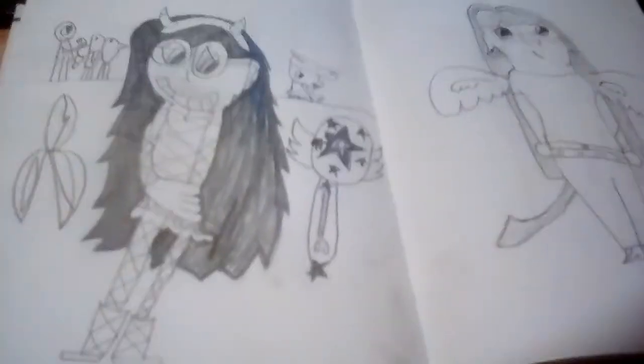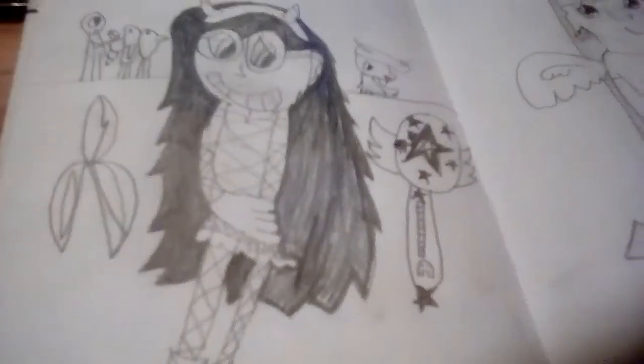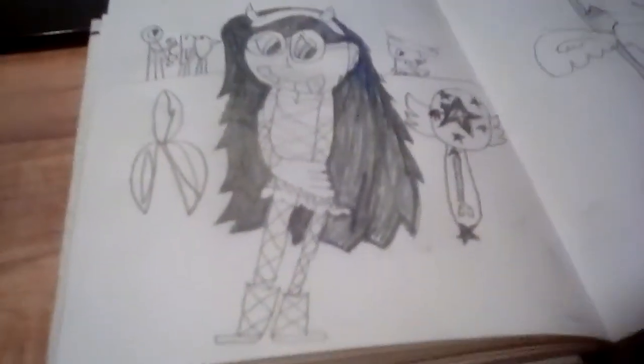And then this is when I got into Star vs. the Forces of Evil and decided to draw a so-called character for it. And she was more or less just a black-haired version of Star in the outfit that she had on for the time that they went to the school with Miss Hanus. And then here was an evil form of her wand and dimensional scissors, and here were all the goons and